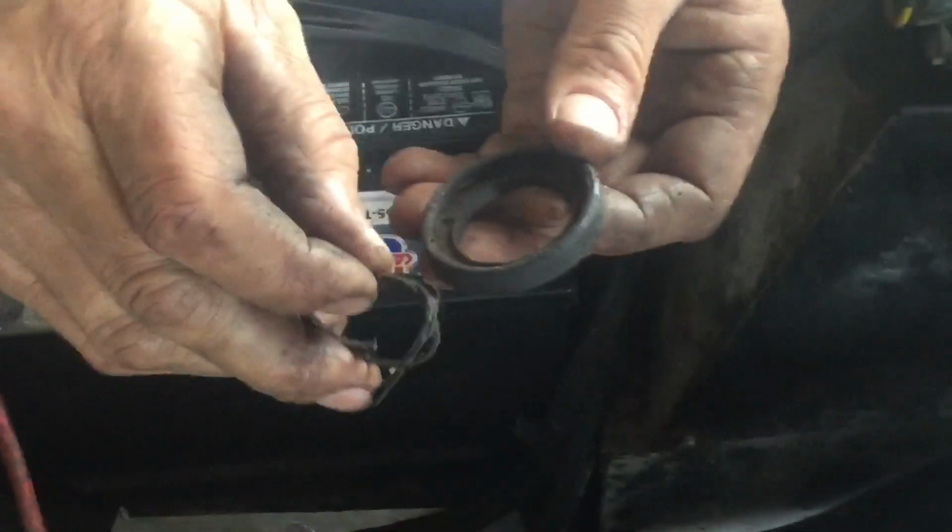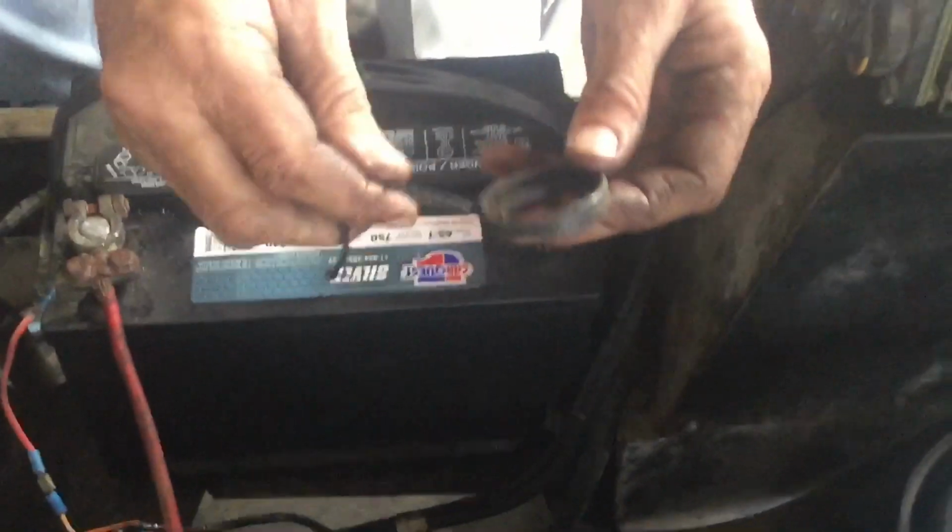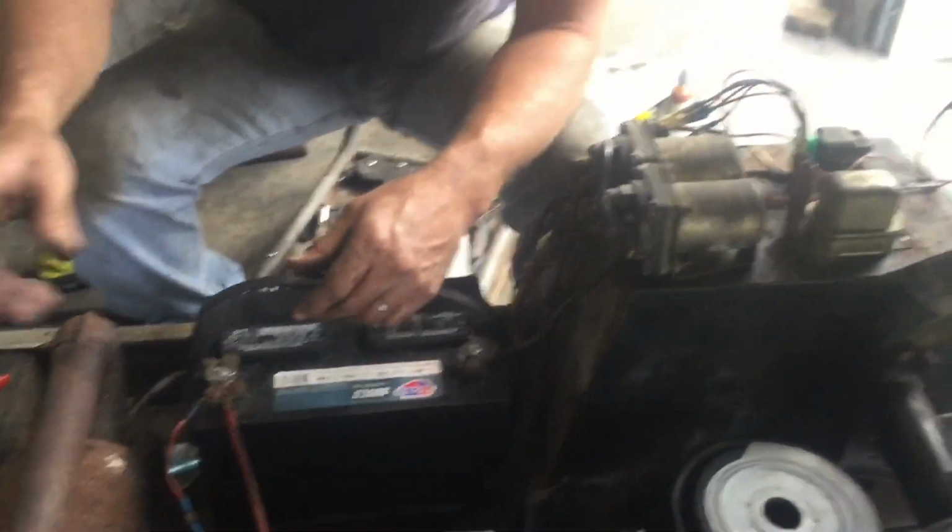Had to pull the flywheel off because the crank seal, you see there's the inner lip and the spring for the seal, and they were busted. It was just spitting raw fuel out around the crank, so I replaced the crank seals,